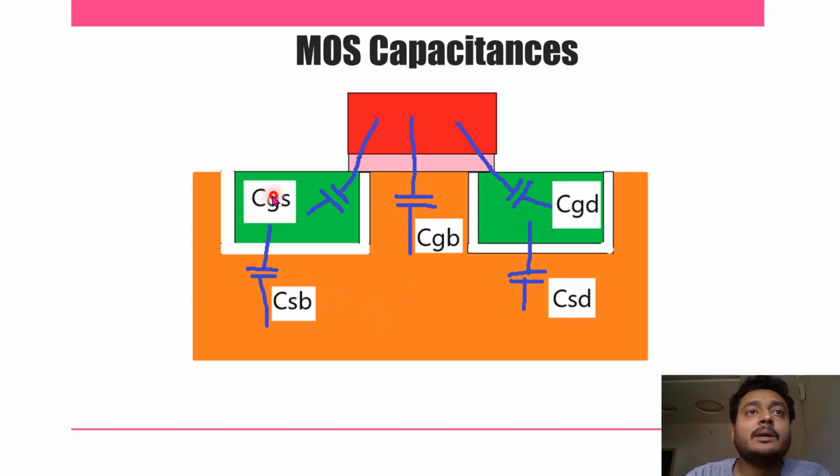Similarly, there are diffusion capacitances, from diffusion to the substrate. This is the source terminal, and this is an N region, this is a P substrate, right? Since these are connected, a depletion region exists between them, and this depletion region is nothing but a charge free region. So this is actually acting as a dielectric material here.